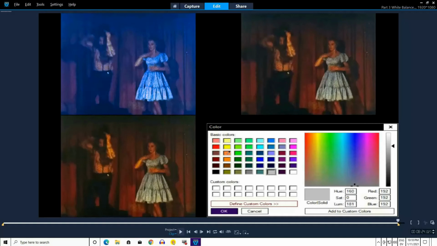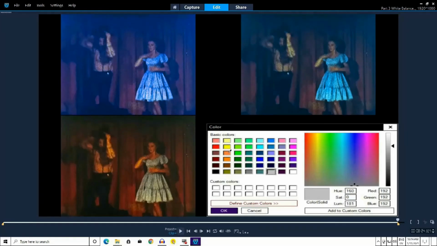By previous testing, I found this box brings the skin tones and color of the blue dress more to my liking. I am clicking randomly on the palette. Look at the results. Again, selecting this box recorrects the skin tones.